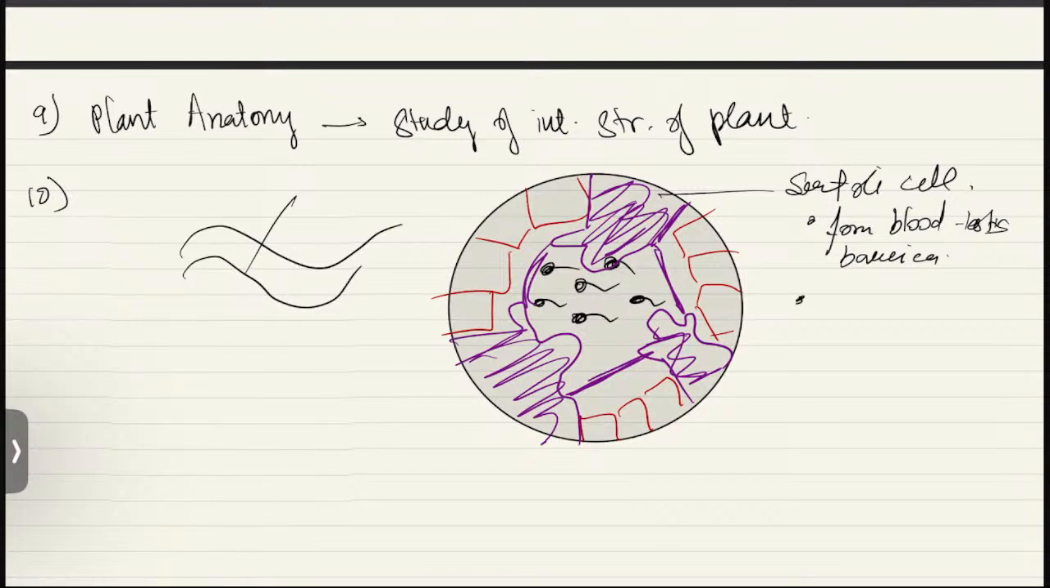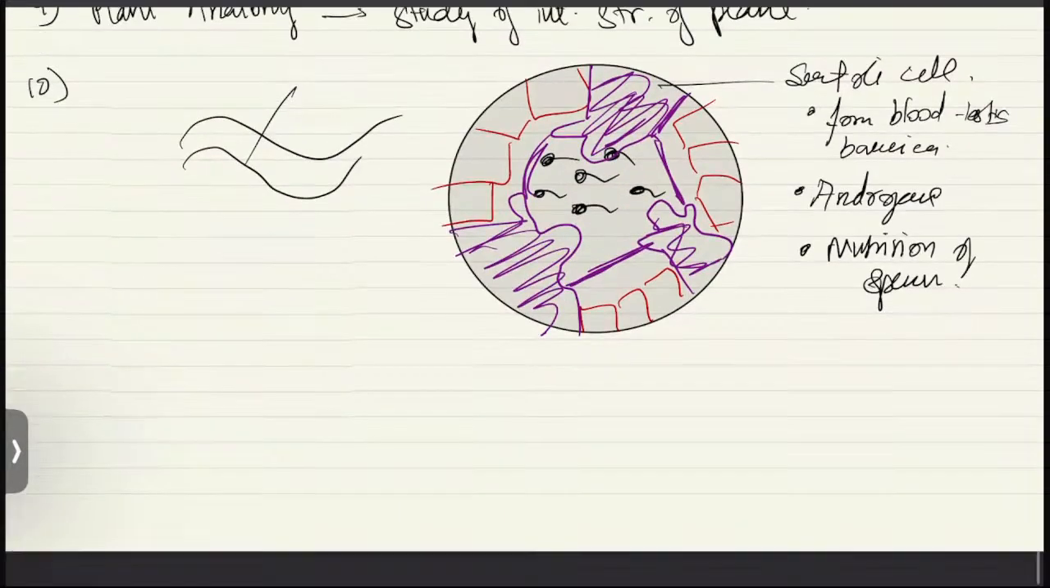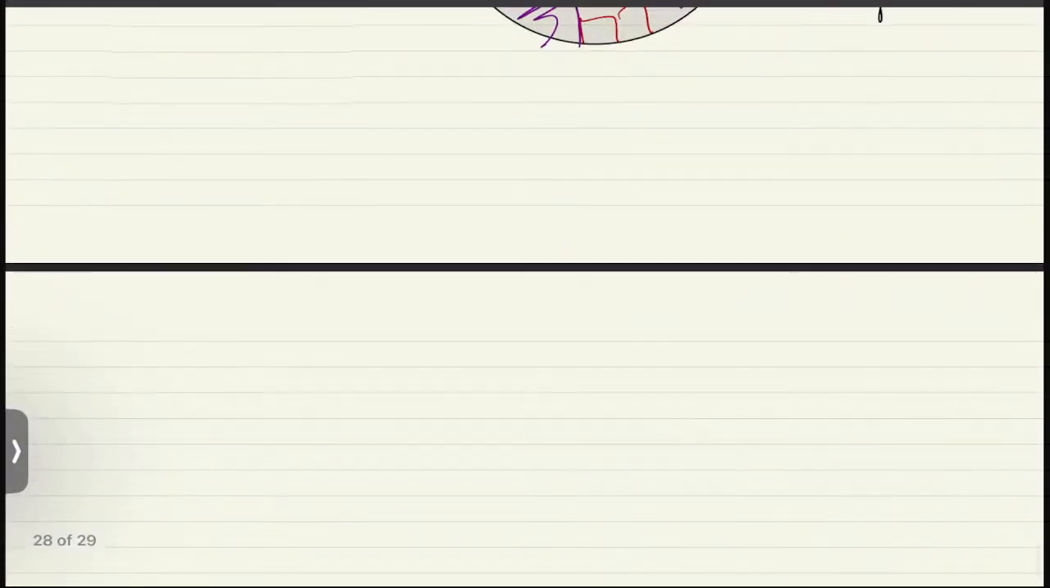Right? The next thing, Sertoli cells secrete androgens. They help in the nutrition of sperm. All these are the functions of Sertoli cells. Okay. Next, we have